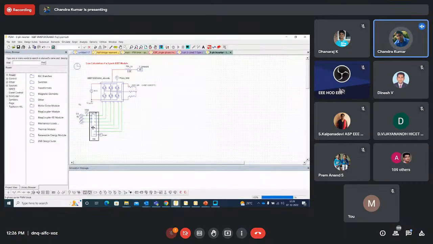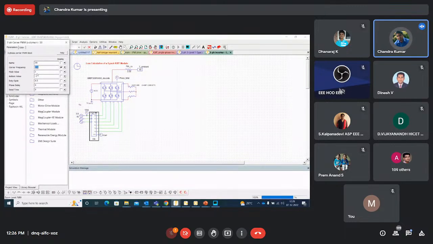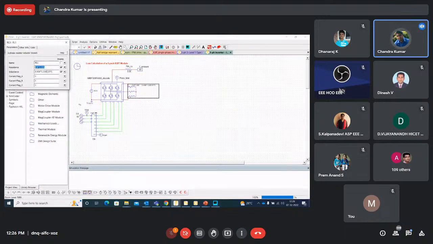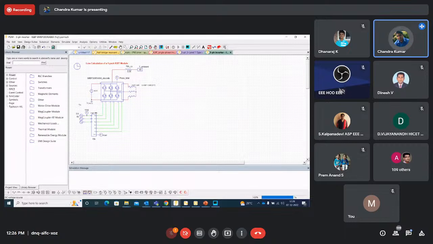So here is the PWM block. Basically, you give a 10 kHz carrier frequency, 1 volt peak to peak, duty cycle 0.5, and there is a modulation wave which has 60 Hz as the fundamental frequency and 0.8 as the modulation index. The input is 400 volt DC, and then you apply your RL load here. Based upon your design values, you can calculate your resistance and inductance values, and you can enable your current flag. If you want to measure line-to-line voltages, you can add your voltage probe across this device, use a wire to connect it, and then you can run the model.